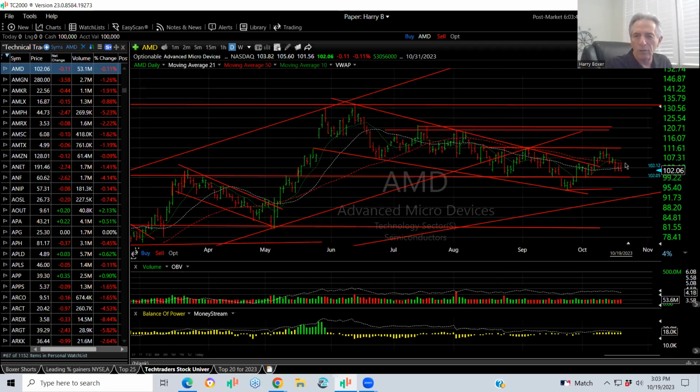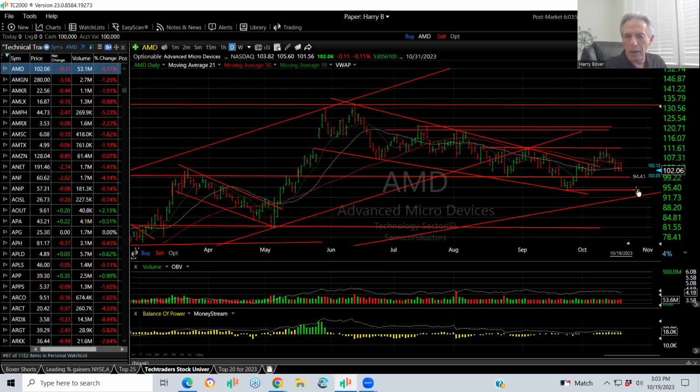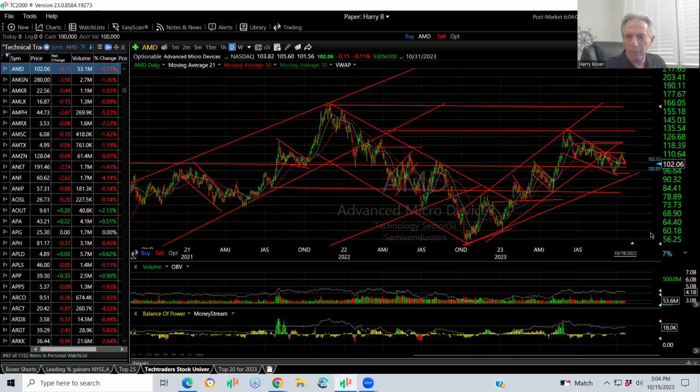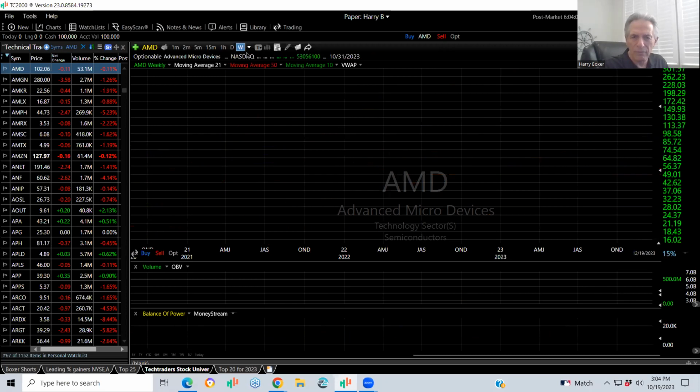I do like the overall look, but the last 3 days for tech stocks have been very difficult. As you can see, it's trading in a 3-day range that if it breaks down, should test support, and it might break down and even either double bottom or go lower and test the long-term trend line right here that I have going back many years. Let's take a look at that. Here's a weekly chart so you get a feel for it.